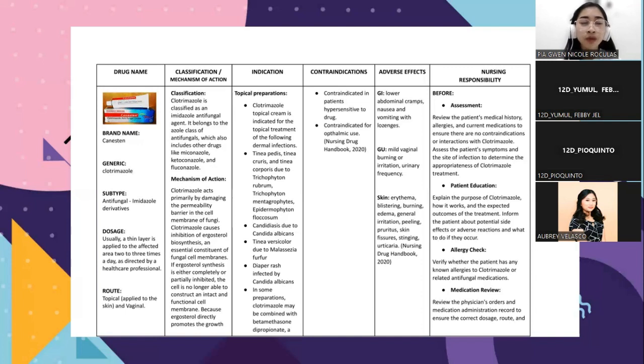So I'm just going to pinpoint. Clotrimazole is an antifungal medication used to treat fungal infections. It falls under the class of drugs called azole antifungals. Its mechanism of action involves inhibiting the synthesis of ergosterol, an essential component of fungal cell membranes. This disruption weakens the cell membrane's integrity, leading to leakage of cellular contents and ultimately fungal cell death. So Canesten is commonly used to treat various fungal infections, including those of the skin, mouth,